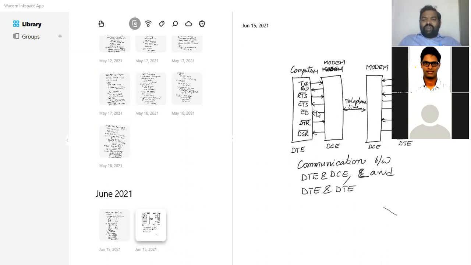So for example, if you are not connected to the internet, if your modem is not connected to the internet, then at that time how will you transmit the data? Your computer itself will tell you that the internet facility is not available. So please check the net facility, like that you will get the message on the screen. After establishing the communication from the transmitter to the receiver, the device will send the signal with the help of the modem and telephone lines to the receiver, right? So we can transmit the data in both directions, computer 1 to computer 2, computer 2 to computer 1.